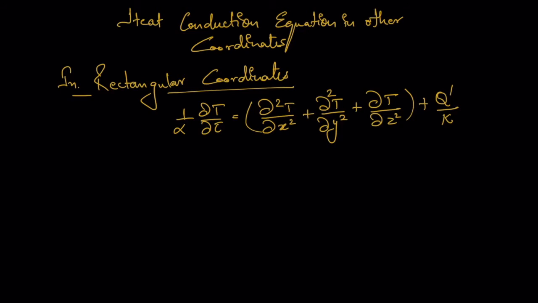So in the last class, we have derived the heat conduction equation in rectangular coordinates, and in rectangular coordinates, this was the equation we have developed: 1 by alpha del T by del tau equals del square T by del x square plus del square T by del y square plus del square T by del z square plus q dash by k, where q dash is the rate of heat generated per unit volume, T is the temperature, tau is the time, alpha is the thermal diffusivity,